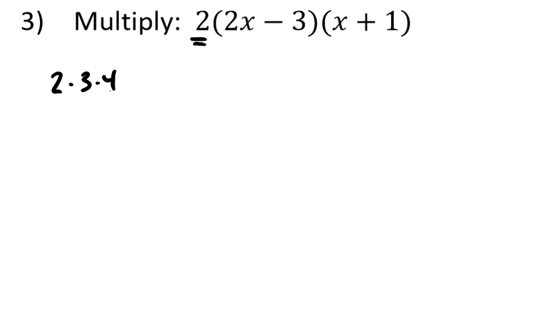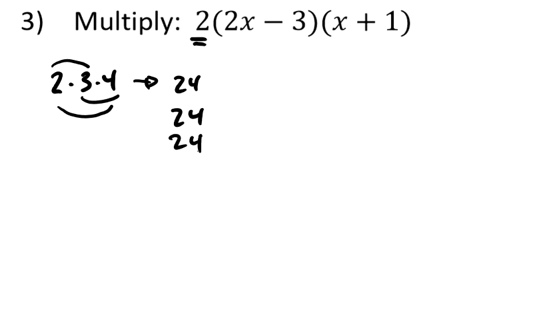3 times 4 is 12. That's 12. And 2 times 12 is 24. But also, I could go 2 times 3 is 6. And 6 times 4, 12 times 2 is 24. 2 times 3 is 6, and 6 times 4 is also 24. And I can also look at 2 times 4, which is 8, and then 8 times 3 is still 24. So when you have 3 things that are being multiplied together, it doesn't really matter the order in which you